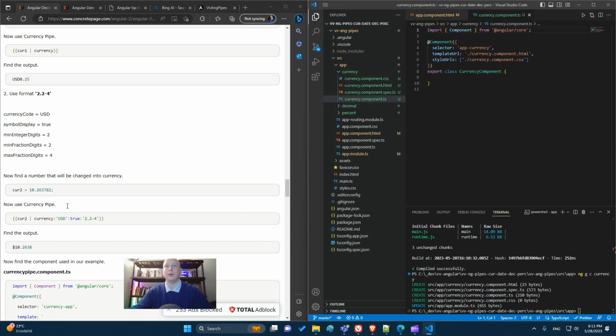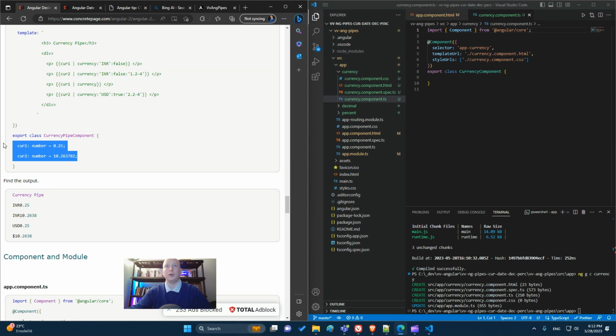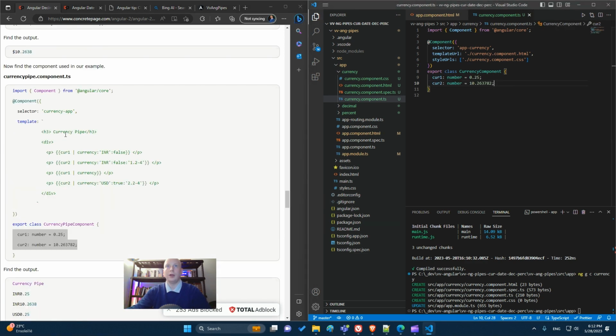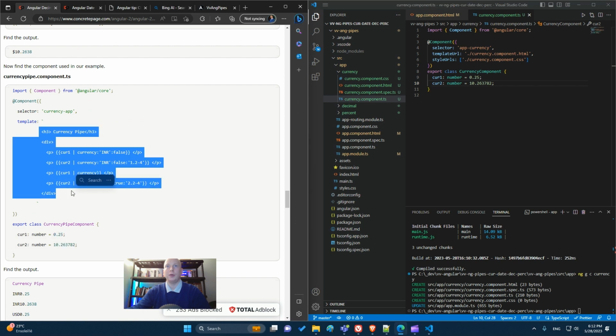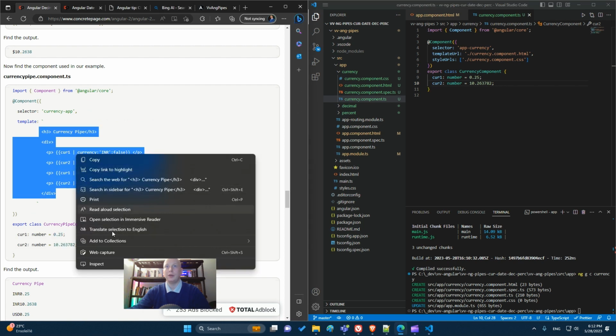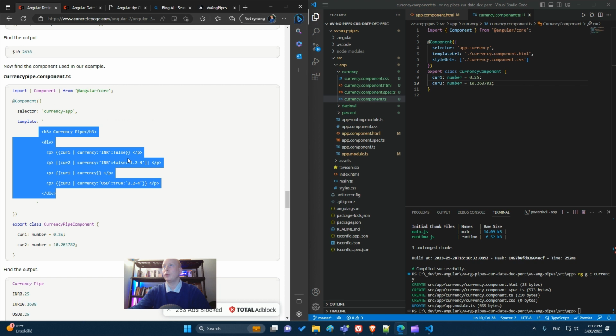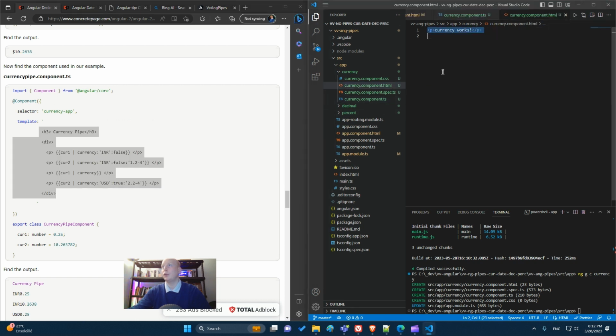Currency component. I took two values in the controller, and then I take some HTML tags for the template. Copy and paste in the currency component. Save.